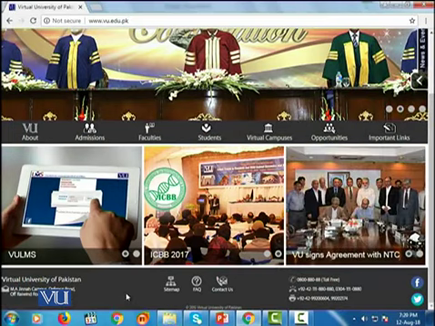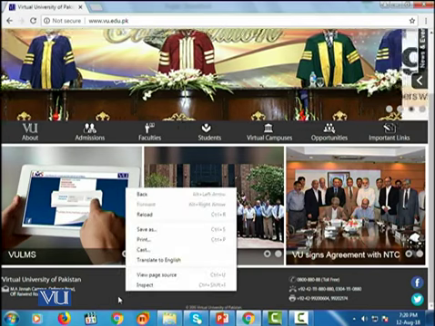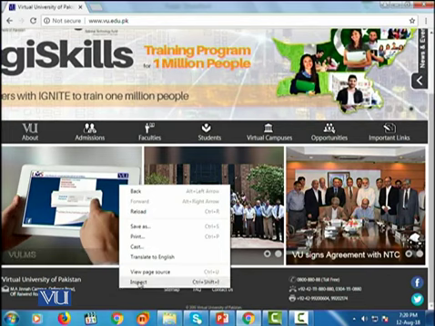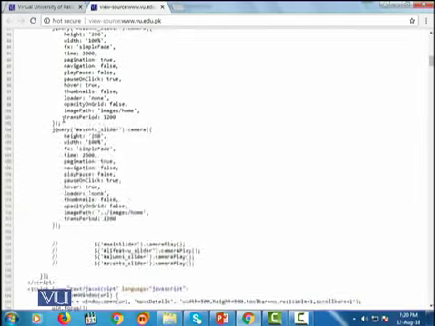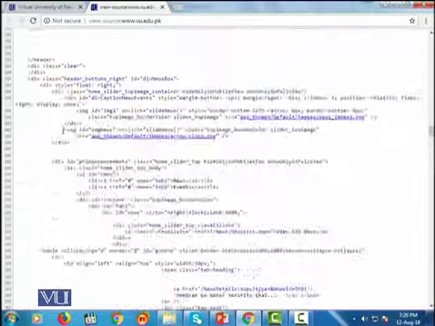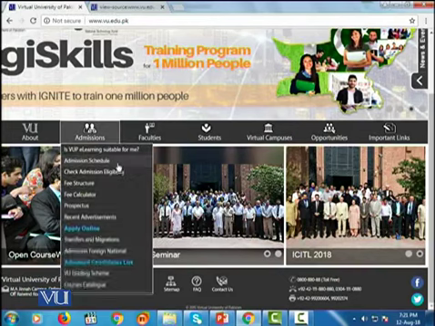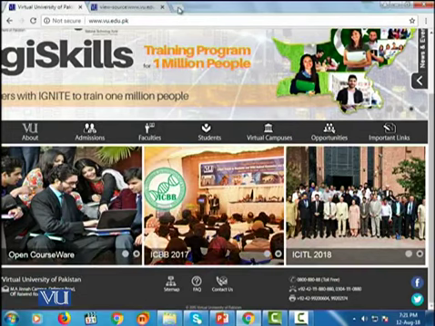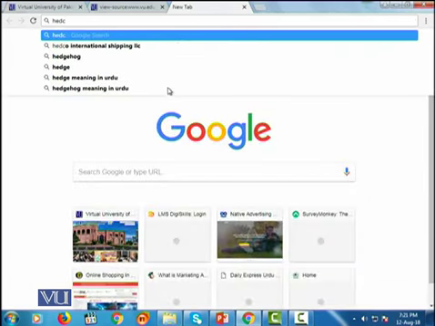And you can see the HTML being used on the back side by right clicking on the page, and you will see view page source. If you go to view page source, it says this is an HTML document, and it has some title and long code and tags which are basically being used to display the page you were seeing. Similarly, let's go to the website of the Higher Education Commission,